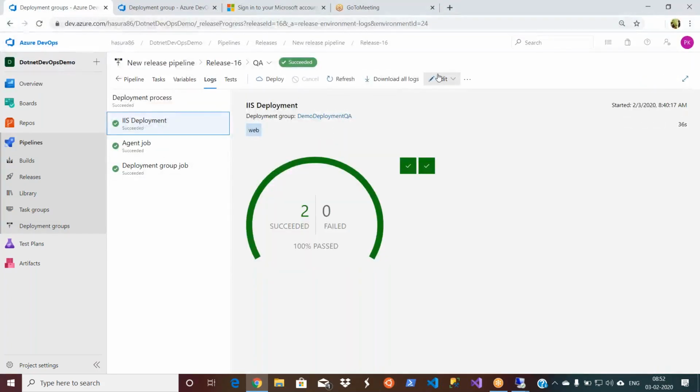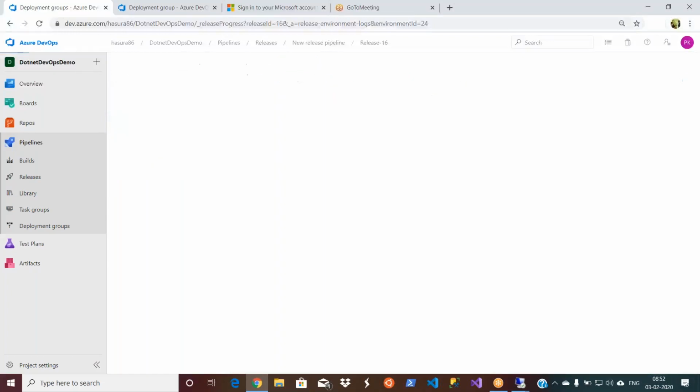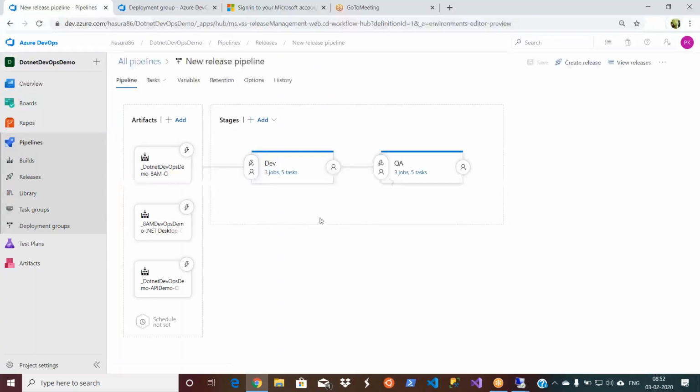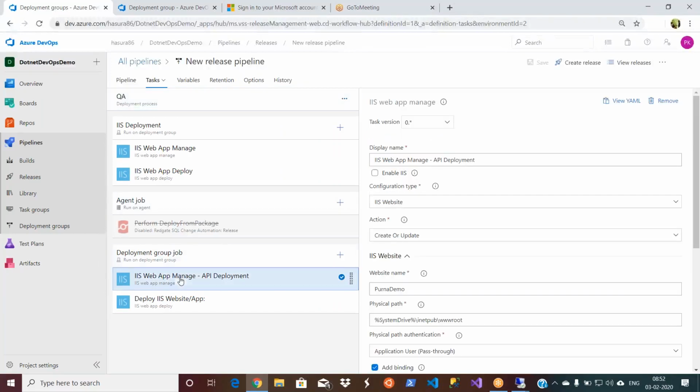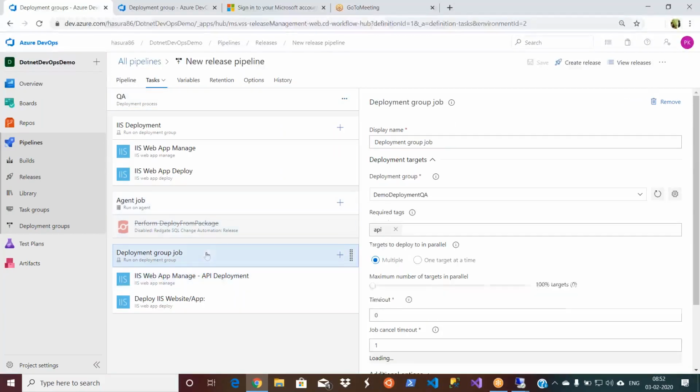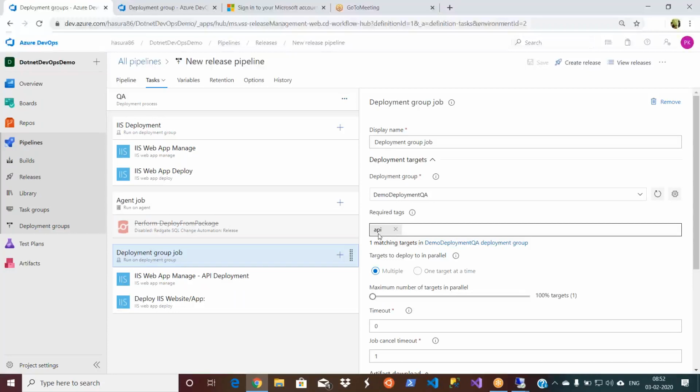So let's go to edit release pipeline. You go and add any number of servers in future, and you should not touch this configuration. So this is scaling as well, scaling your deployments without making any changes. Okay, any doubts in this?